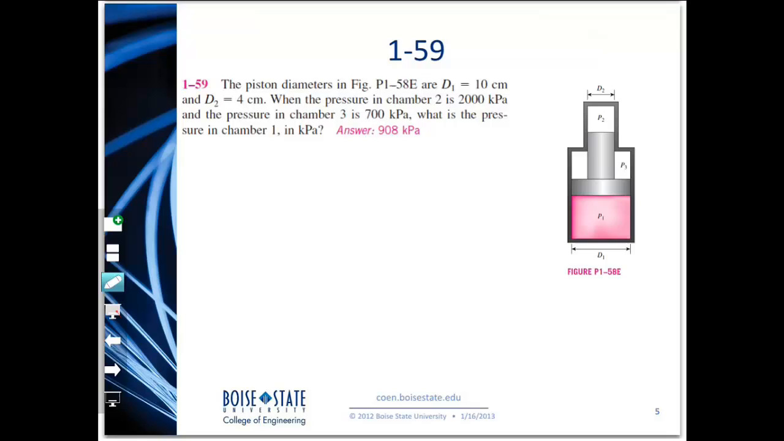The piston diameters shown in this figure are D1, which is this one here, 10 centimeters, and D2, which is shown here, 4 centimeters. When the pressure in chamber 2, that is this pressure here, is 2000 kilopascals, and the pressure in chamber 3, which is this one here, is 700 kilopascals, you're asked to find what is the pressure in chamber 1